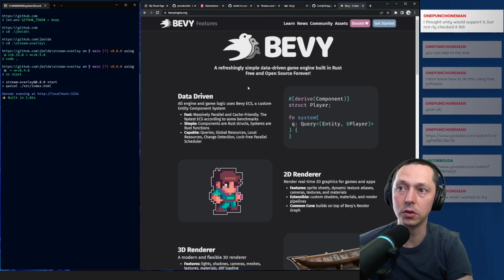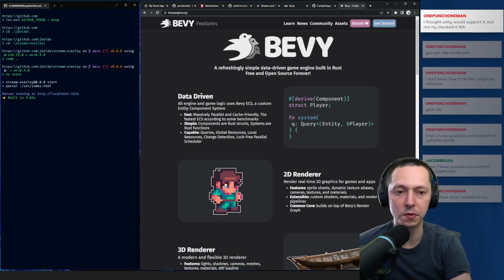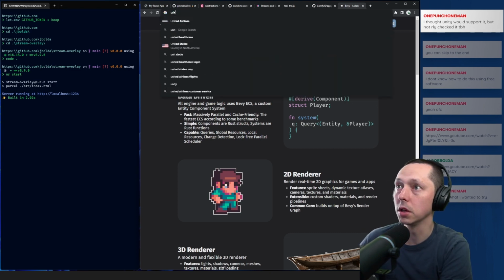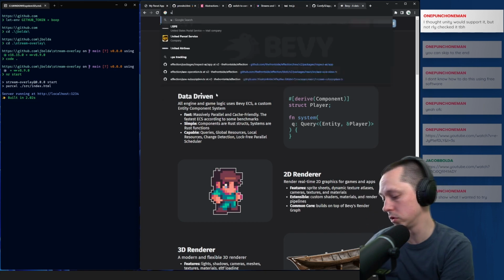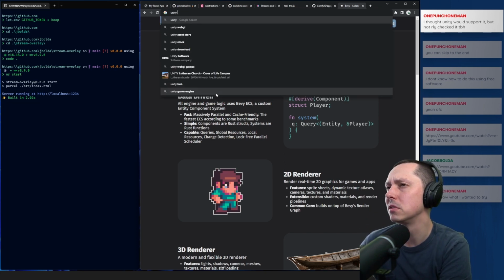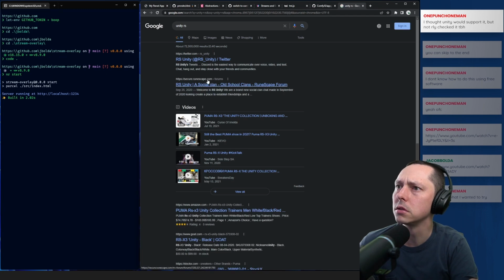So there's more of these open source type game engines, which might have specific support for some of this. And I think Unity's got... Is Unity the one with Rust bindings? No, I guess not.